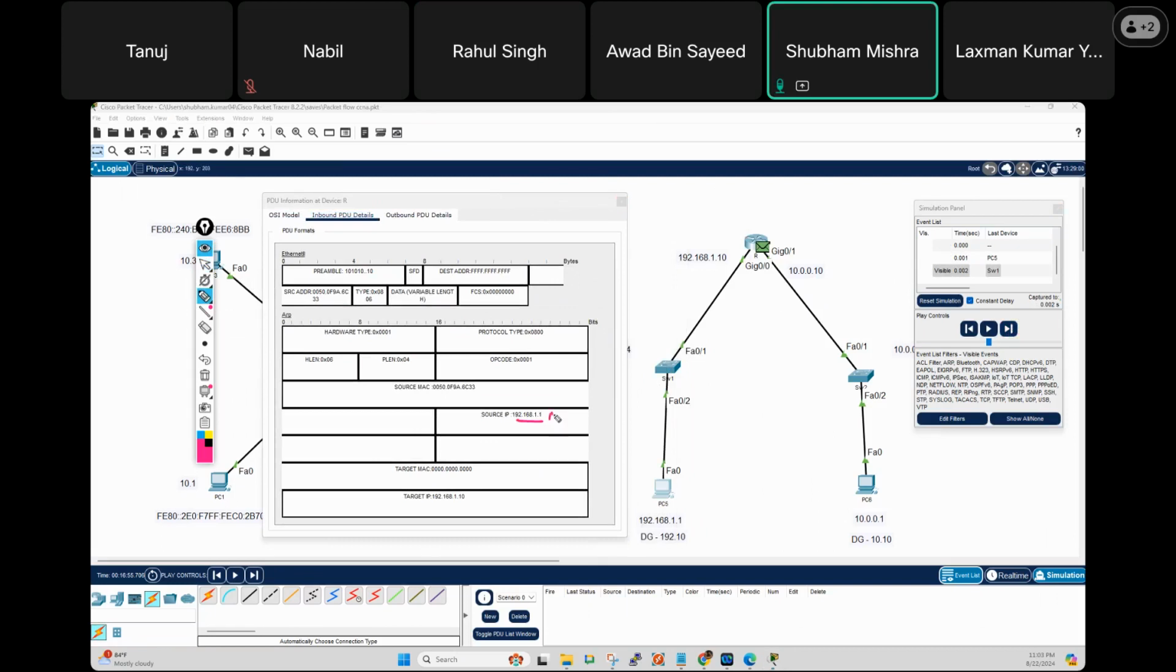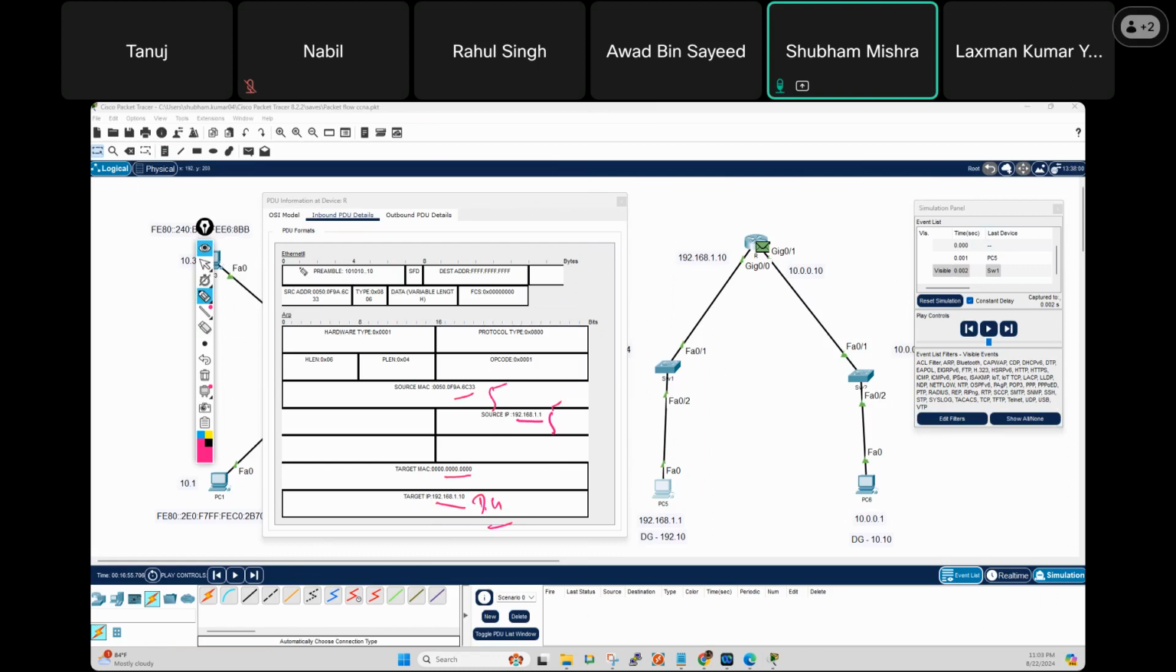PC number 5's IP address. Yes or no? Target MAC address is 000, which means it is unknown, right? Target IP address is the default gateway IP address. Yes or no? Source MAC address is the PC number 5 MAC address. Yes or no? And this is the